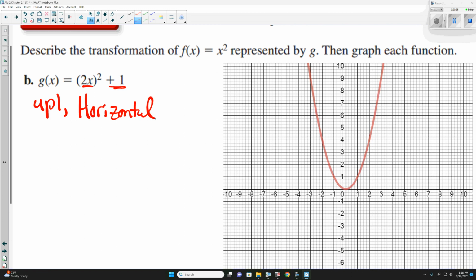Now again, inside parentheses is the opposite of what we think, yes? What does it look like it should be? It looks like a stretch, yes? So it's not a stretch, it's a shrink of,